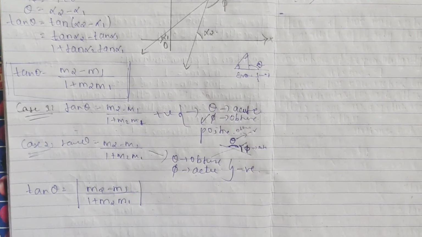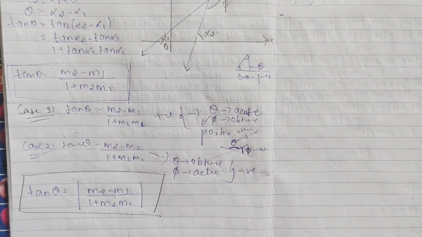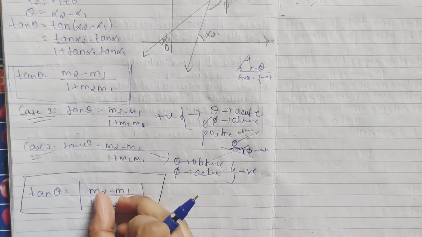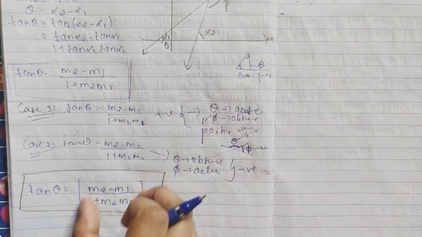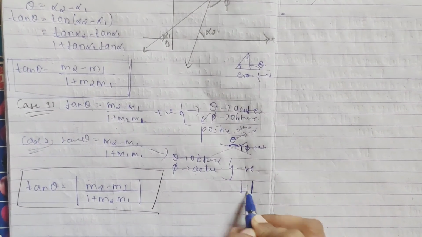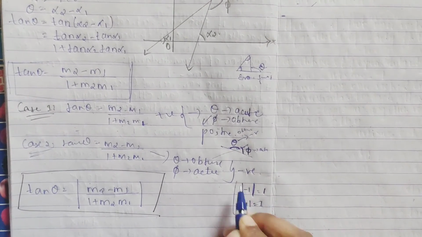This is your actual formula for the angle between two lines, right? Irrespective of positive or negative. See, in your modulus, if you get positive, it will be positive. If you get negative, then also it becomes positive. Why? Because it is under modulus. As I have said, whenever modulus comes, if it is minus 1 you will get 1 only, and if it is modulus 1 also you will get 1. So modulus plays this role.